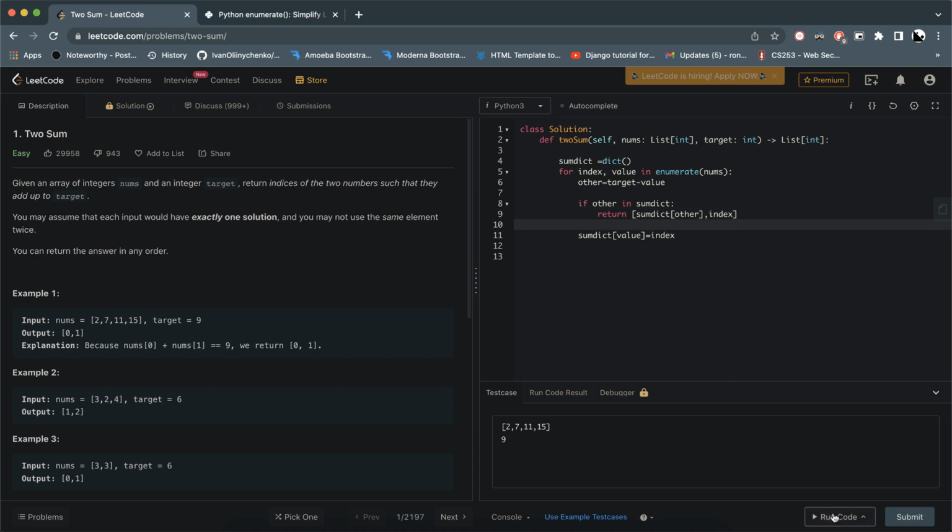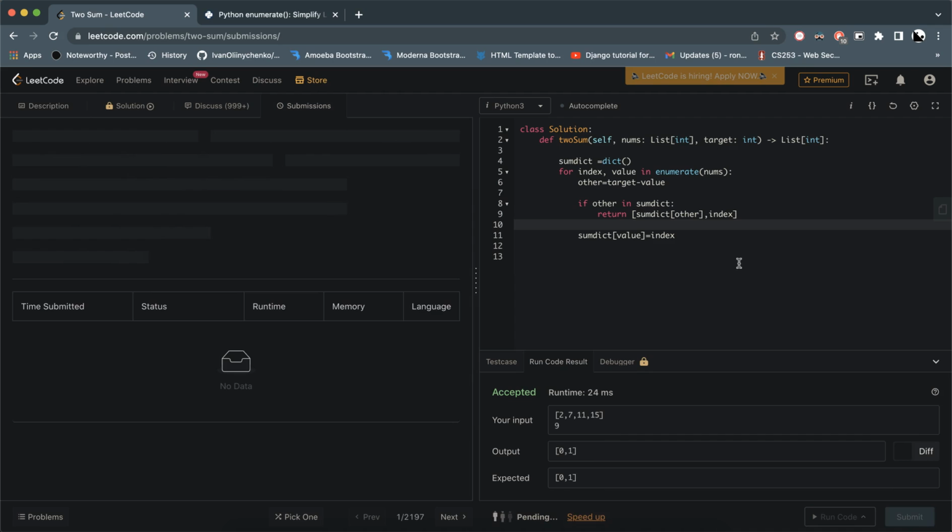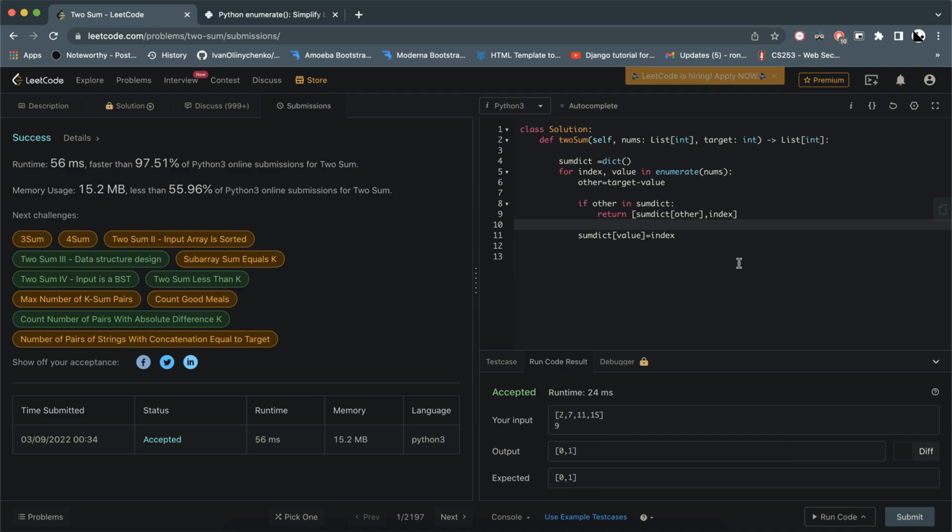So now we can check how exactly this is working. As you can see here, for 2 7 9 15, it is exactly returning what we need. So I'll just submit it. Hopefully it should work. Cool. As we can see, it is running, and the runtime is 24, and since we are using a dictionary, the time complexity would be